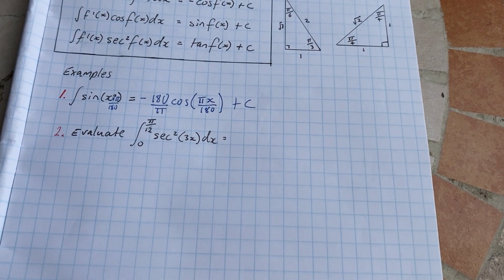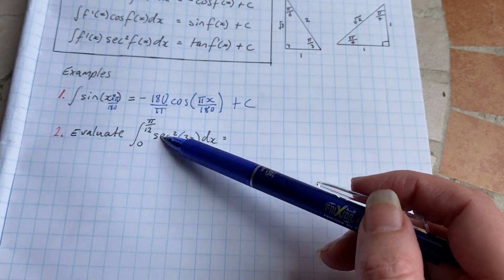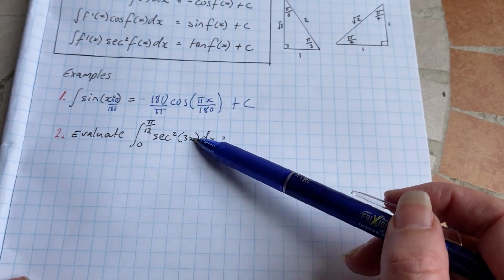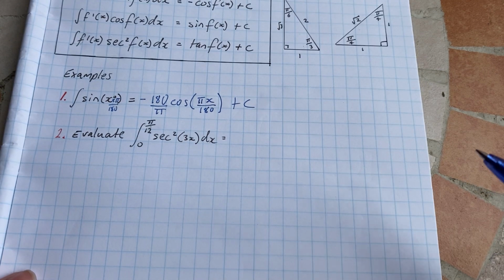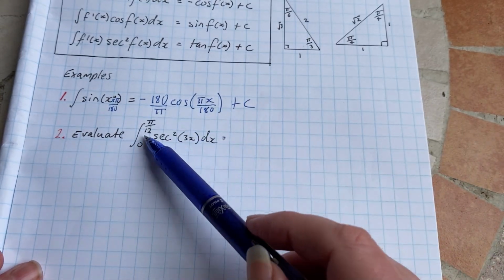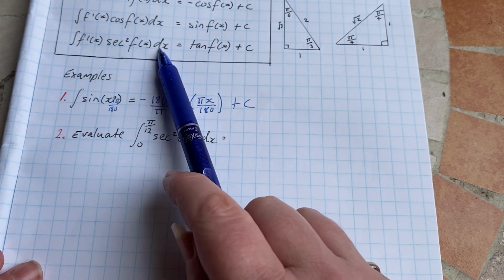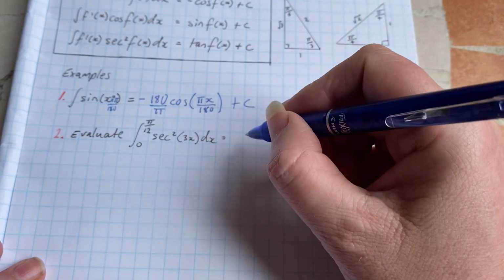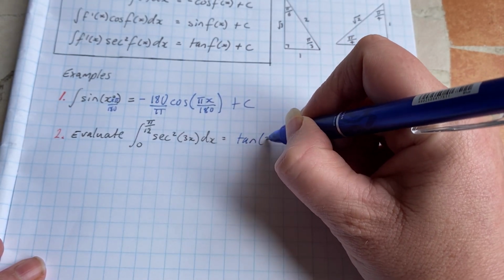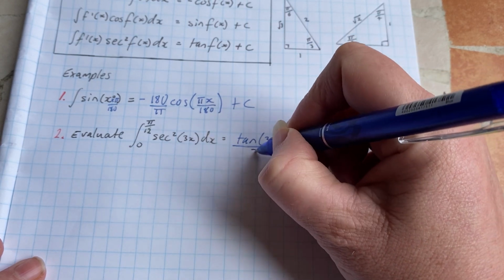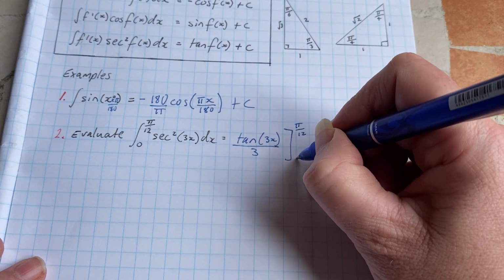Now this one is evaluate the integral from 0 to pi on 12 of sec squared 3x dx. Again, it's linear, so we can quite simply just divide by the 3. If this was not linear, then we would need something out here to match up with this rule. Okay, so the integral of sec squared is tan 3x. It's linear, so we just divide by the 3, and our endpoints are pi on 12 to 0,